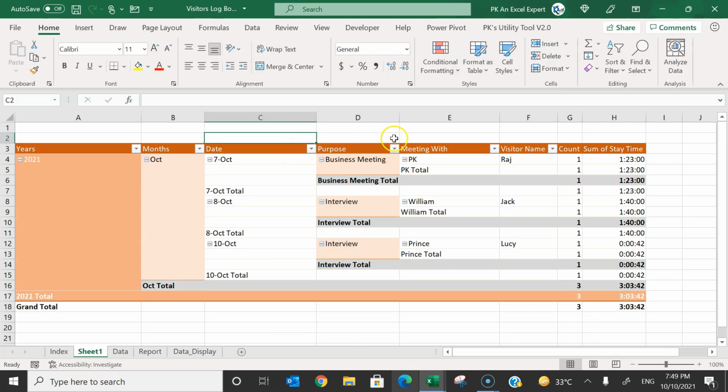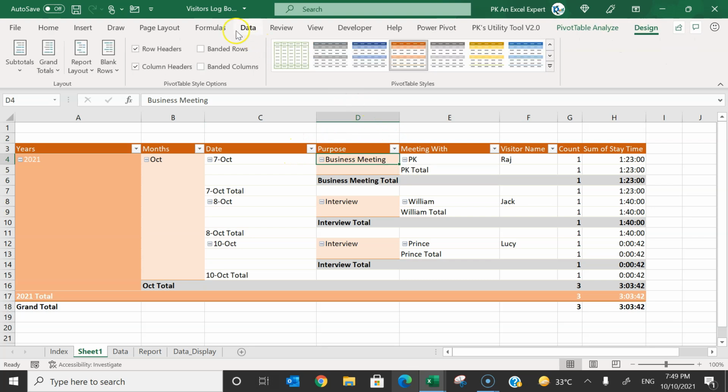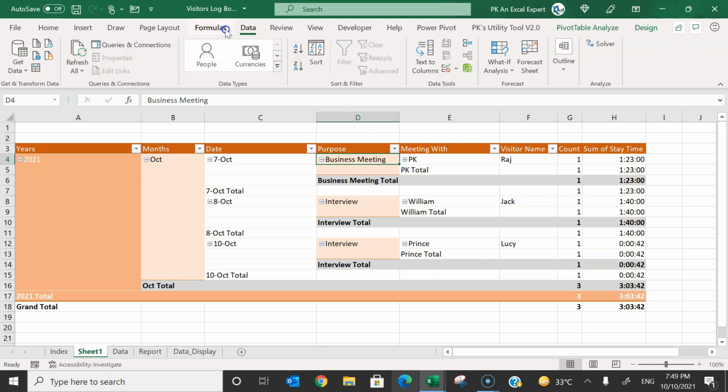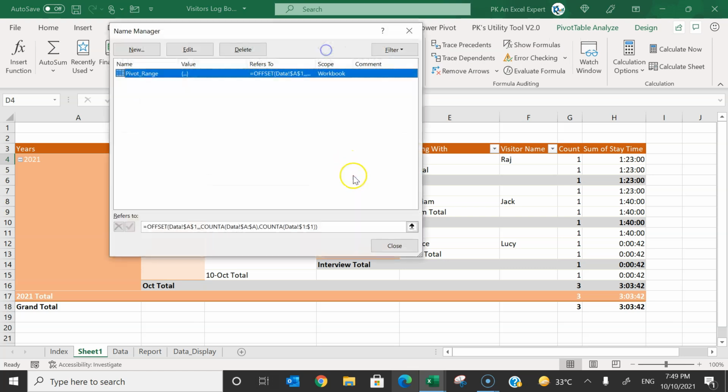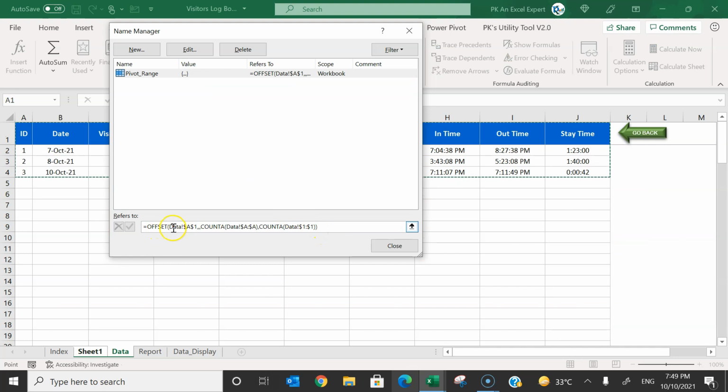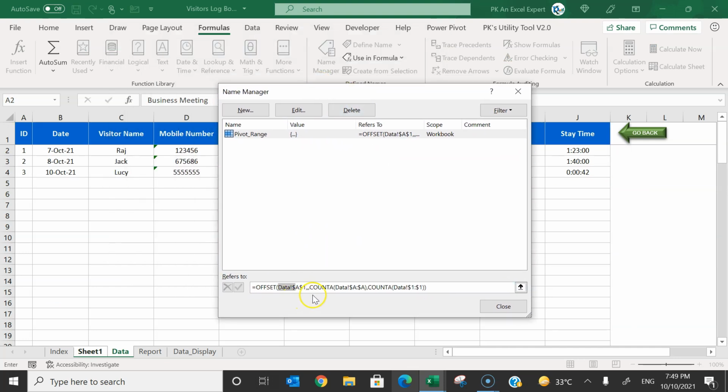To make the range a dynamic range, what I have done is I have created a name. So let me show you. Go to Formulas and then go to Name Manager, and I have created this pivot range. In the pivot range, I have used the OFFSET function. Offset, then from the datasheet range A1, put the 3 commas, then COUNTA for the row count. So I have used column A to A, then COUNTA for the row 1 to 1. So it will return the number of columns and number of rows. So here you can see it is taking the dynamic range.